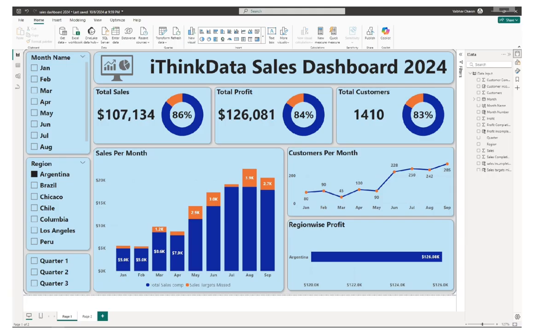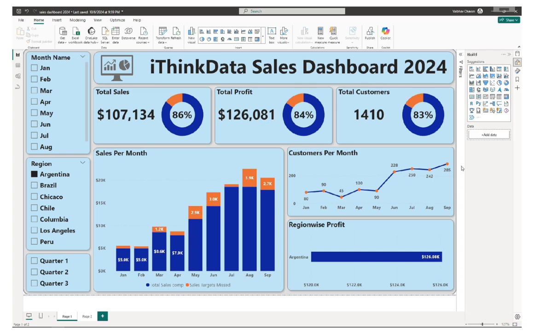Right here on the Power BI Desktop, we have different sections that you will be using. Data pane. On the right, you will see the data pane, which lists all the data that you have connected to Power BI. All your data fields will show up here once imported. Then next we have the